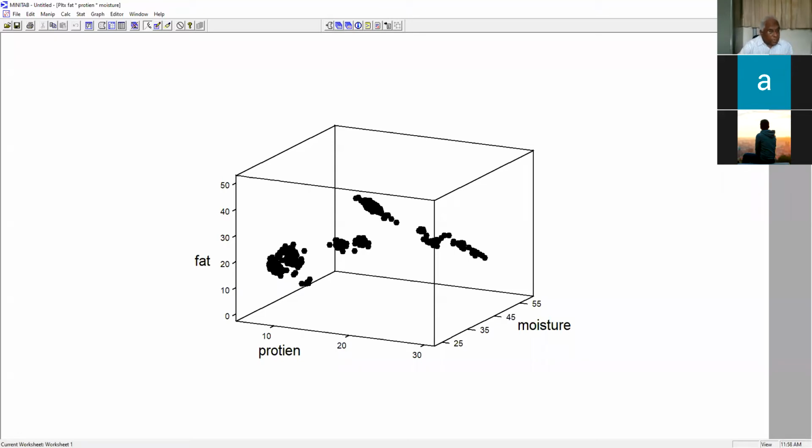That means it is a correct classification. But there are possibilities that a pizza of brand A may get misclassified in brand B, and pizza of brand B may get misclassified in brand A. So this kind of misclassification may create certain problems.